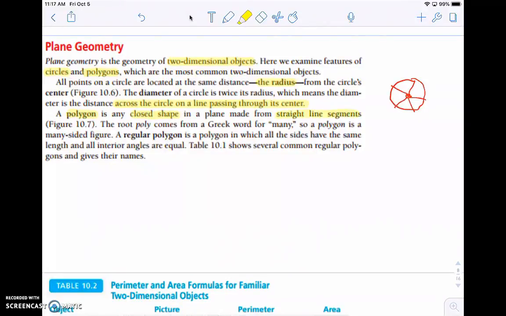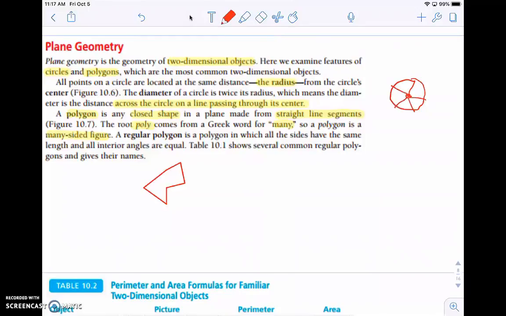that's made from straight line segments. Okay, the root poly just means many, so a polygon is a many-sided figure. So, and these things don't have to be beautiful. I mean, you could just take and draw any straight lines you want, and this right here would be a